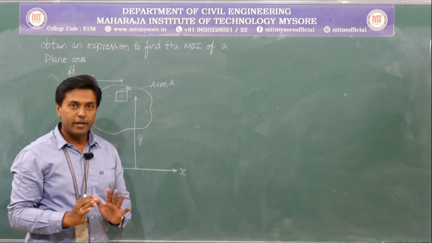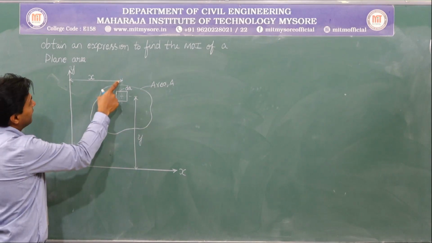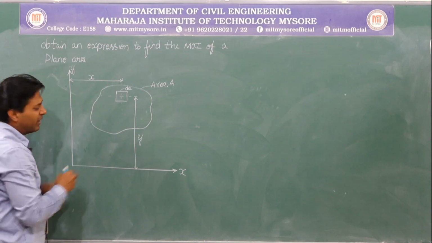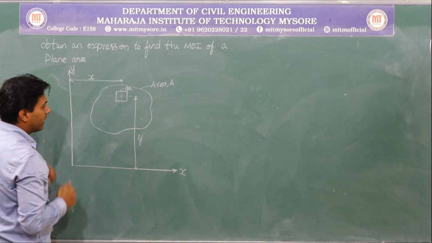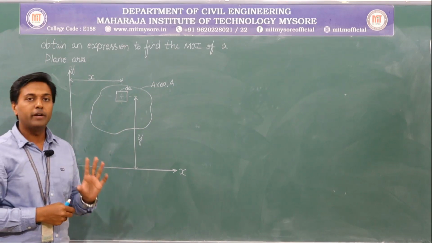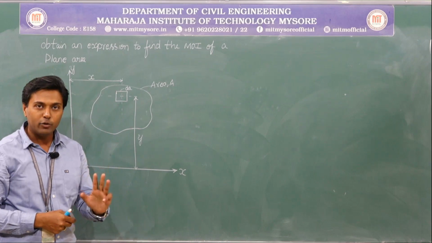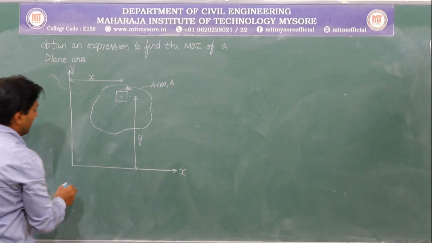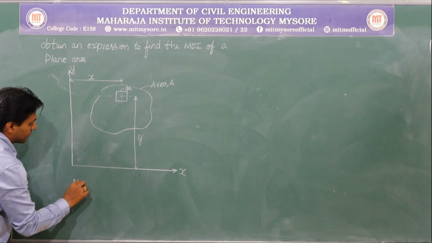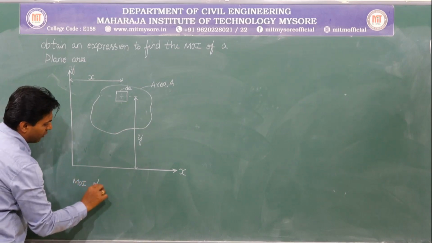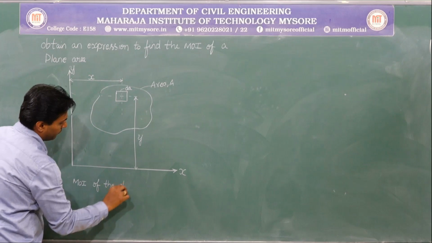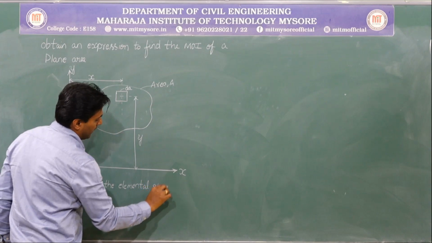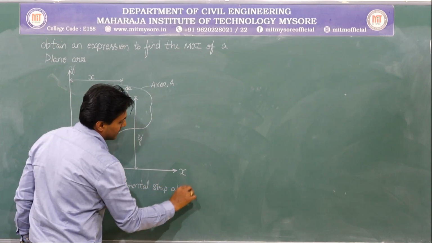Is that okay? So now let me calculate the moment of inertia of this particular area about y-axis or about x-axis, anything is okay. So for that the same formula I will be using. Moment of inertia is equal to area into distance square, but for the small area I will be going with. So let me write it down. So moment of inertia of the elemental strip about x-axis is given by